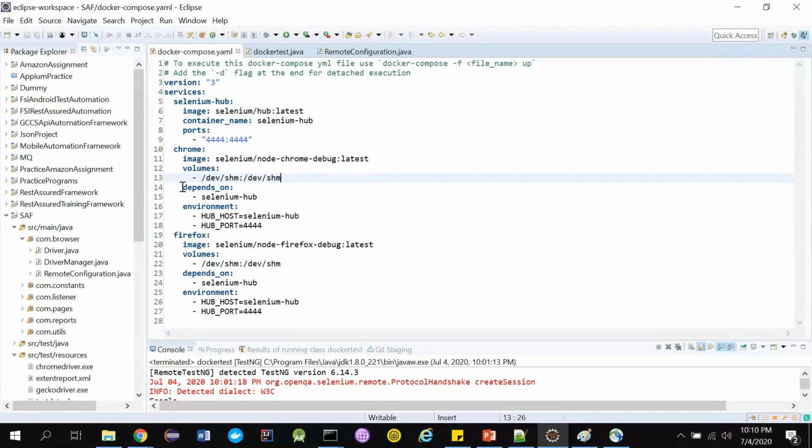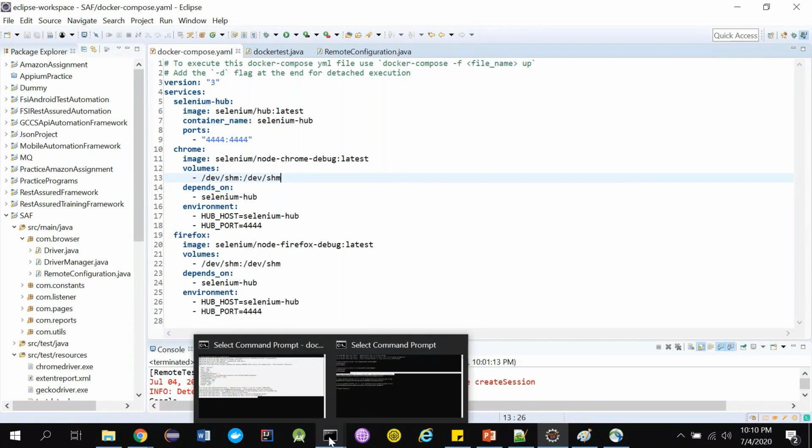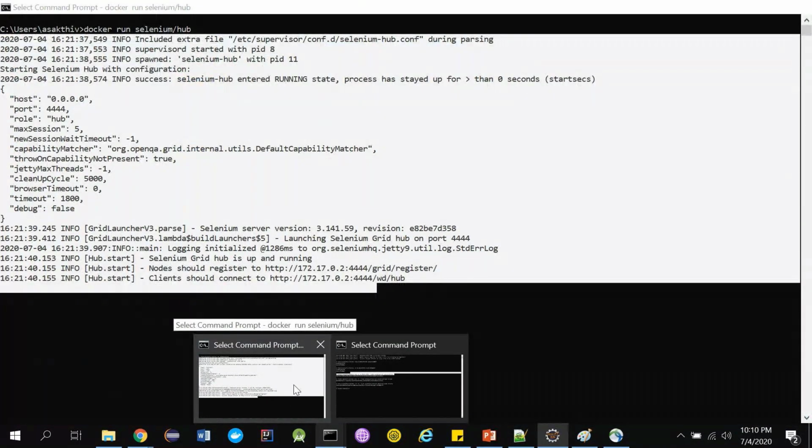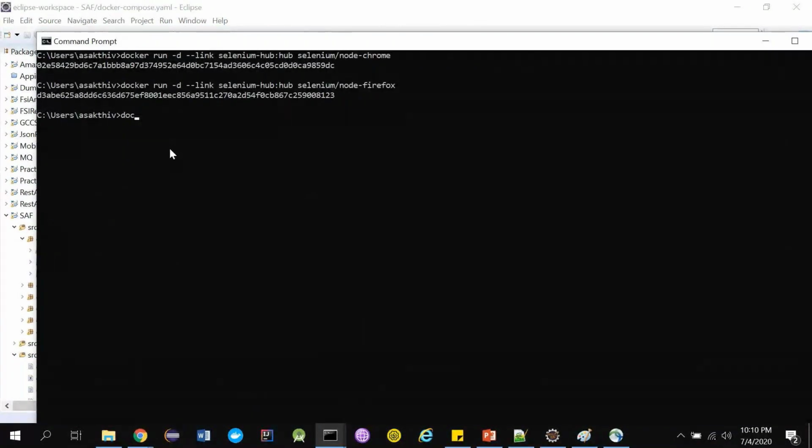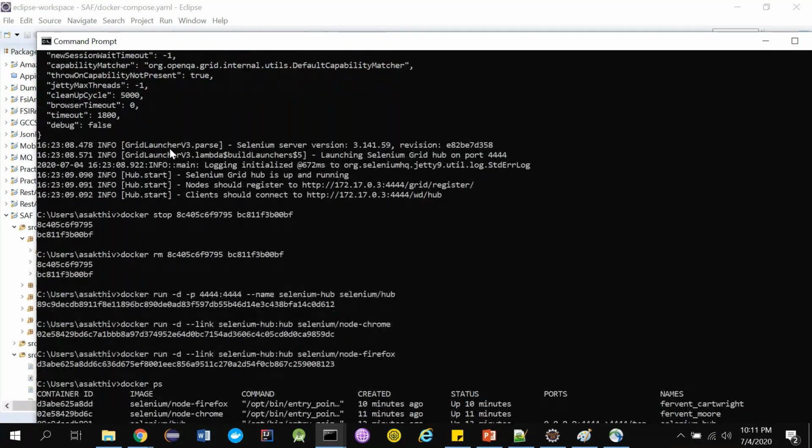Yeah, so this is all, guys. I hope you can understand what a Docker Compose file is. So you were told about all these things, but how to run them? That's the important question, guys. Let me quickly go into the command prompt, and if you check docker ps, there are already 3 things up and running, right? I need to stop them before doing some operations.